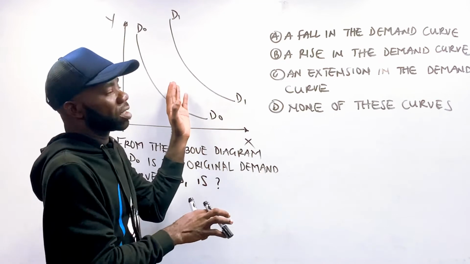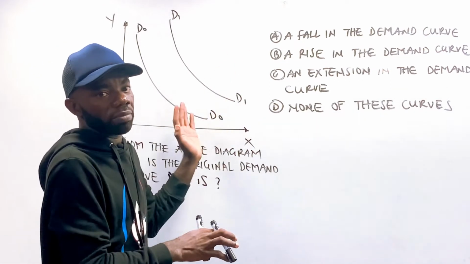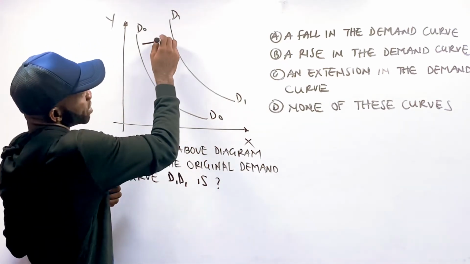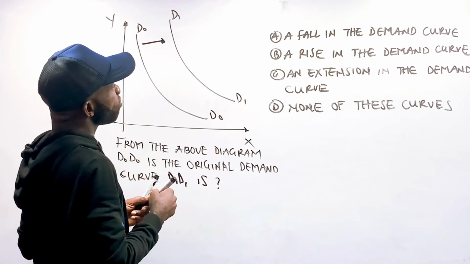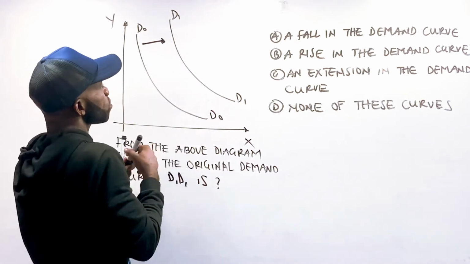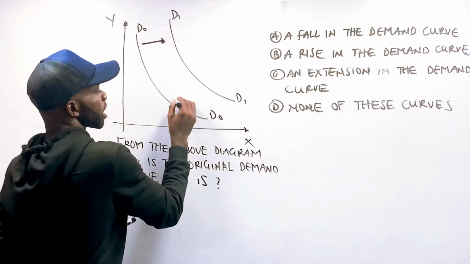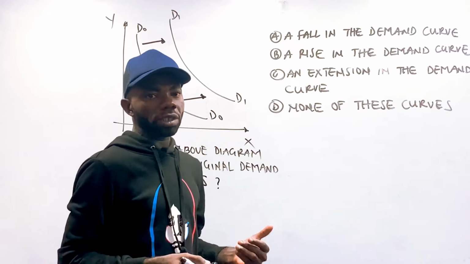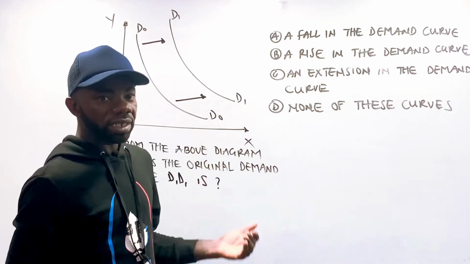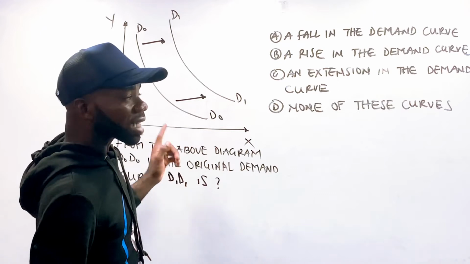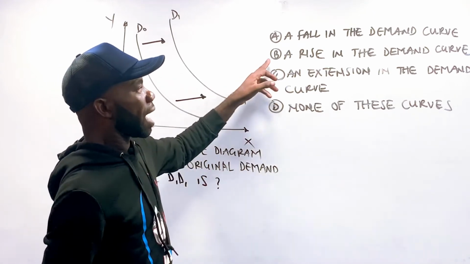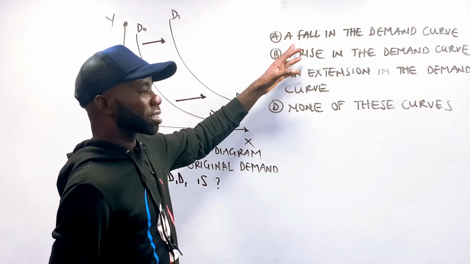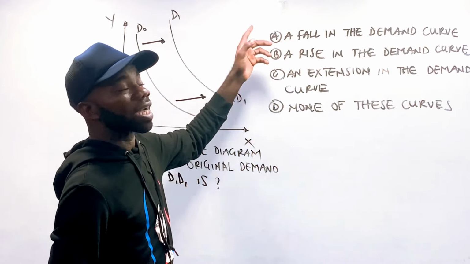Now we're looking at a shift in demand here, which is represented with that movement, D0 to D1. You can see that it's an outward shift. An outward shift shows an increase. An increase in demand is represented with option B. Now, option A is not going to be correct, which is also considerable, but not correct because it's